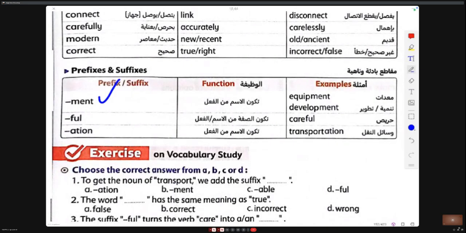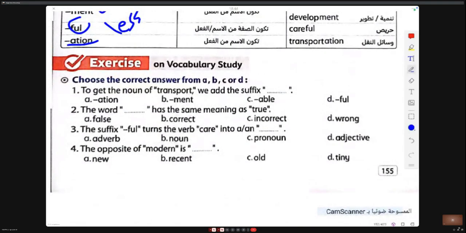ment as a suffix to give a noun. ful or less to give the adjective. tion, ion, ation, sion to give the noun. Luigi, to get the noun from transport, we add the suffix ation. The word correct has the same meaning as true. Correct. Lamar,